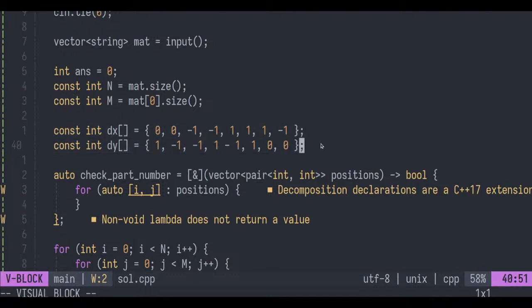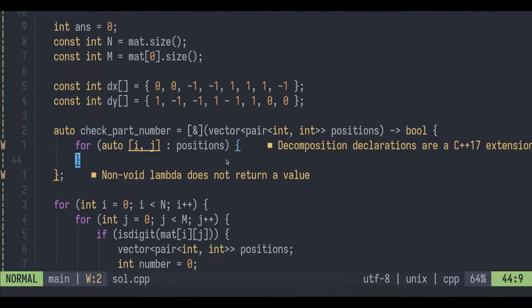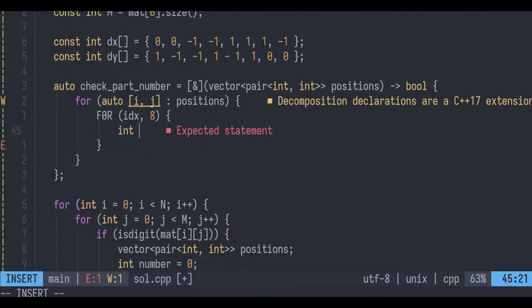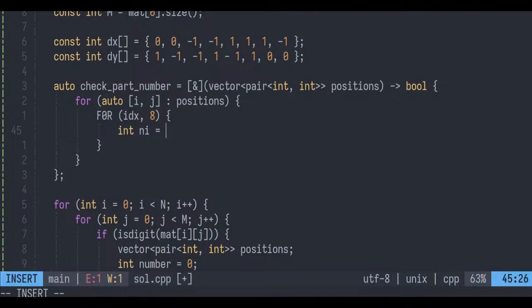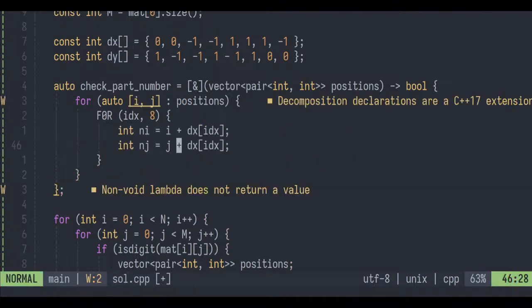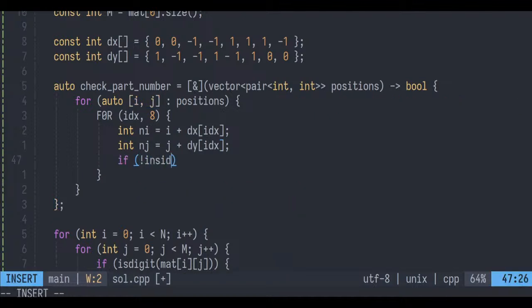Okay. Yeah, that's it. We'll go over all of these, 8 of them. The new index of the neighboring one would be i plus dx[idx]. Same for j, dy[idx], if not inside,